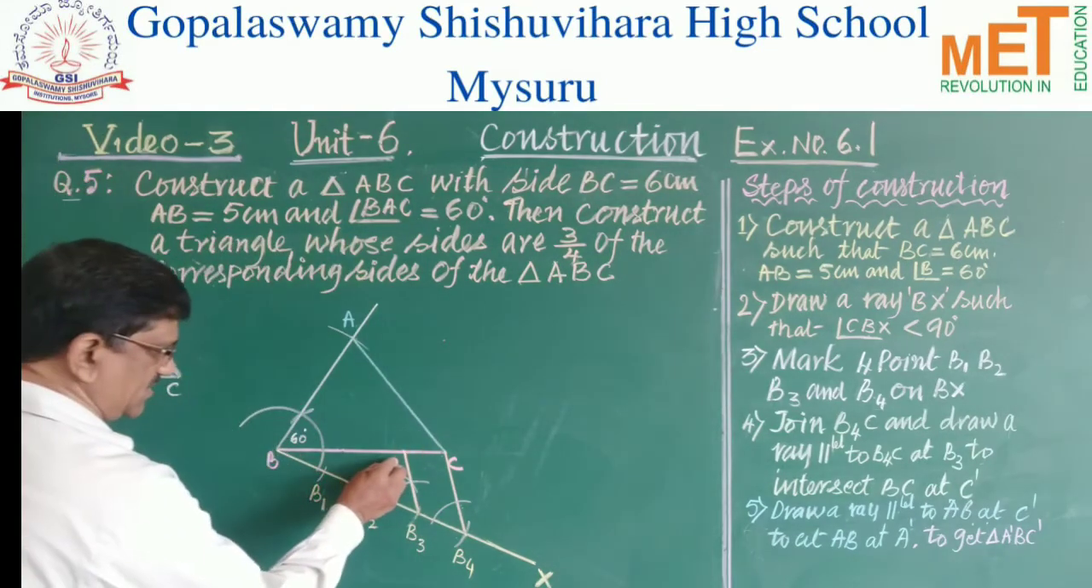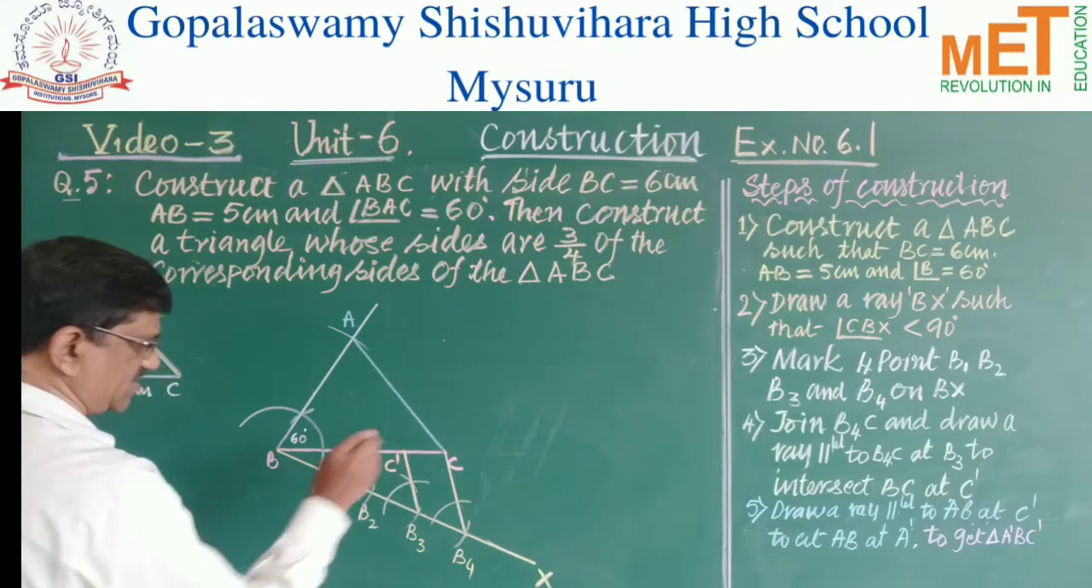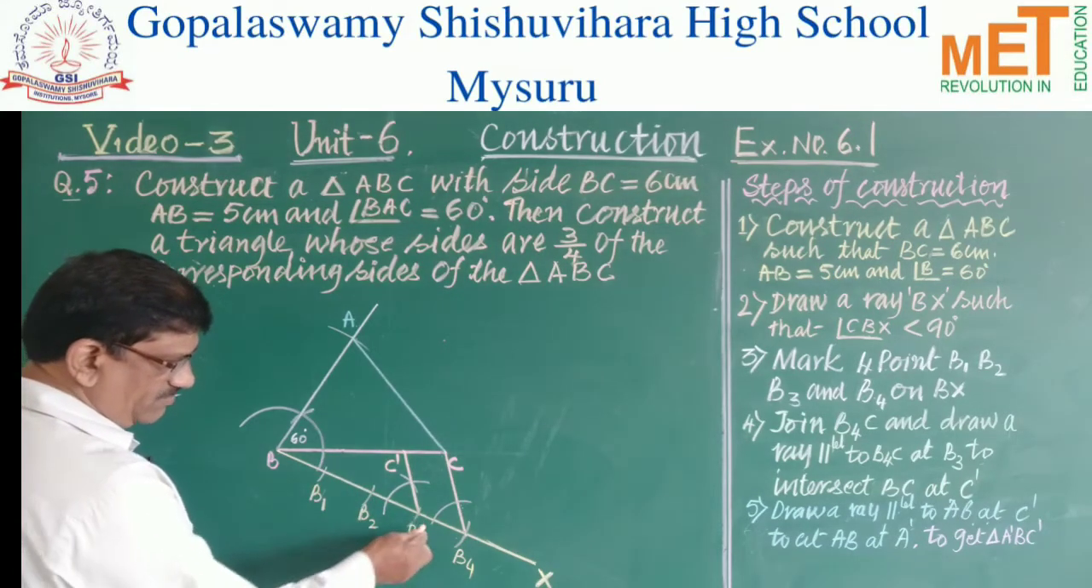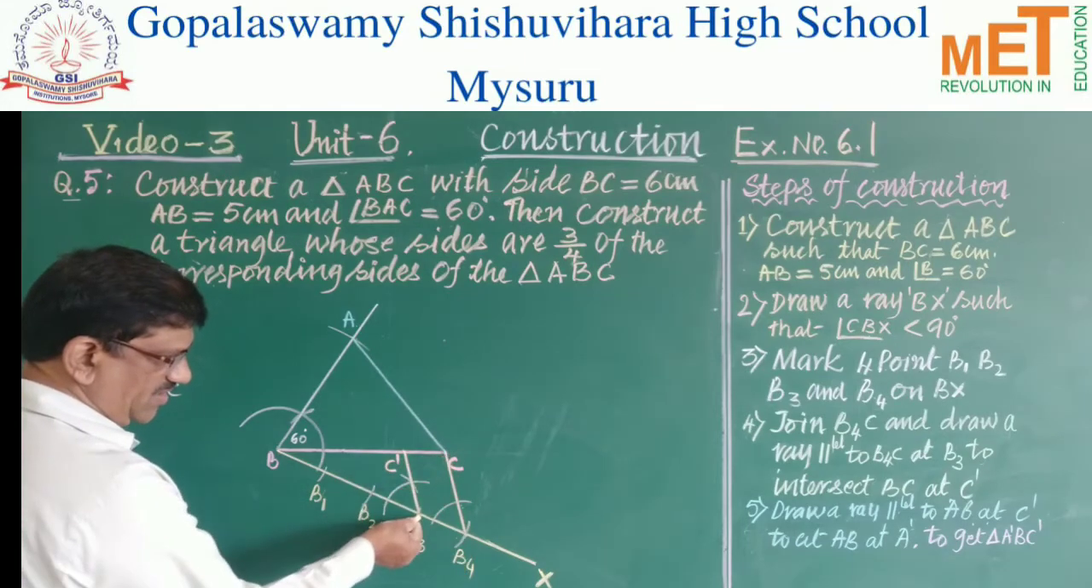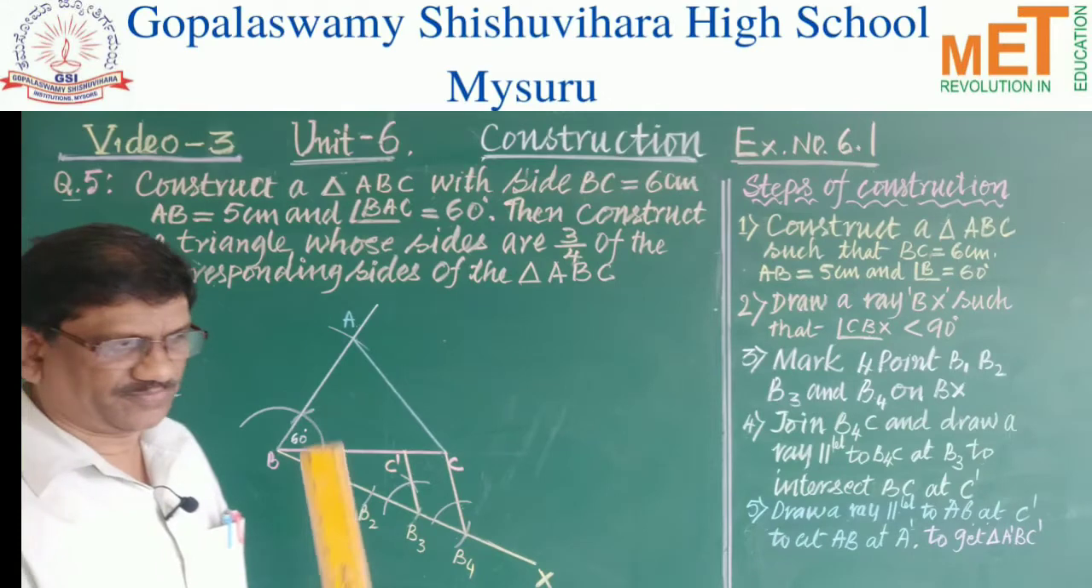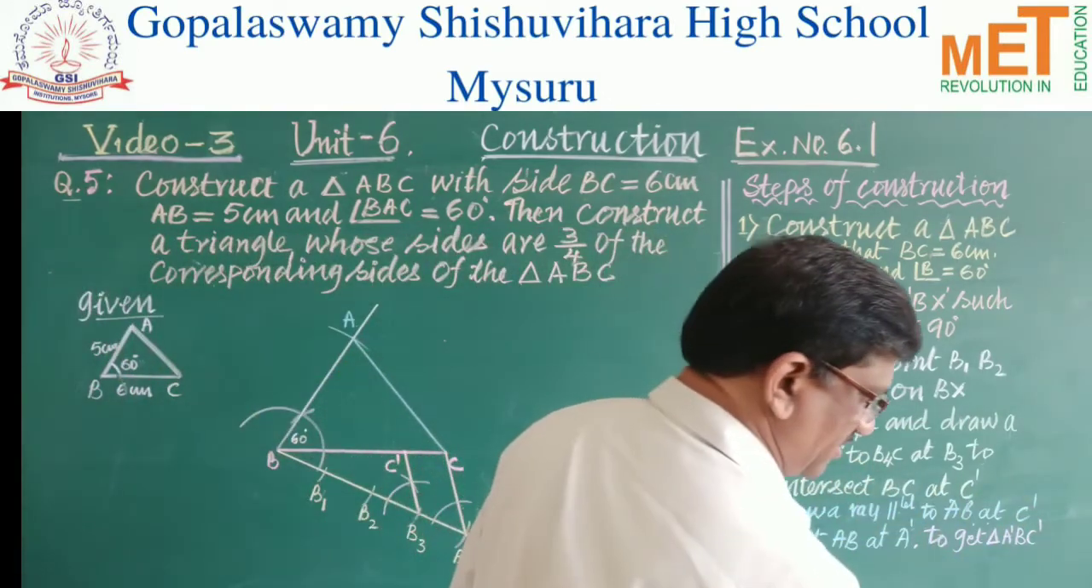Name it as C dash. What is it? C dash. So now you see that B4C and B3C dash are parallel to each other. Understood, children? Now the question is,